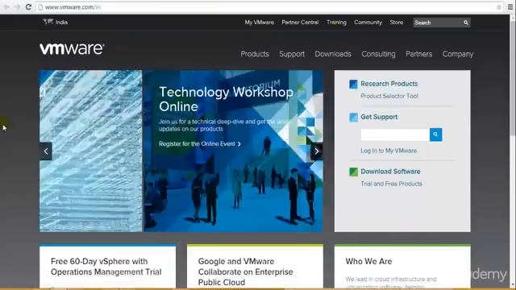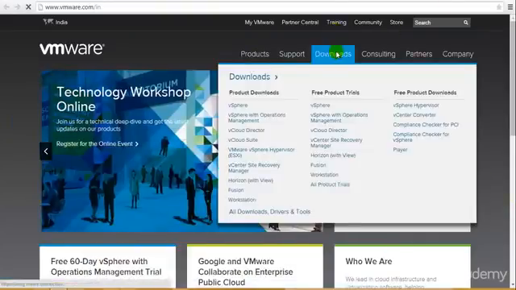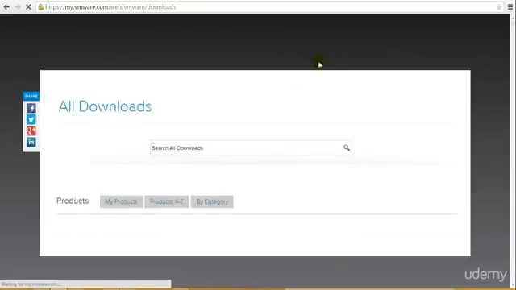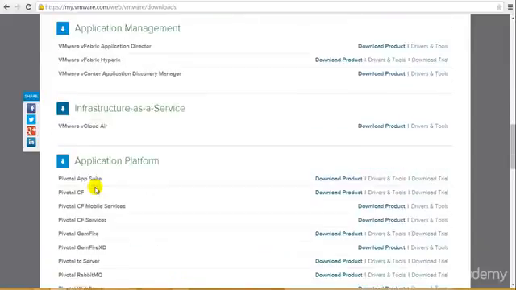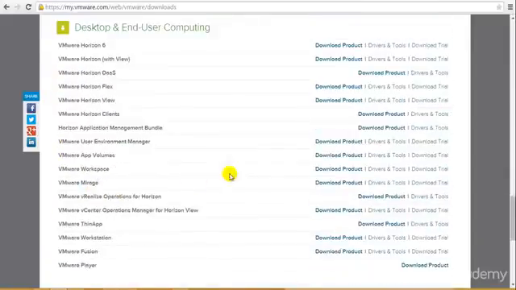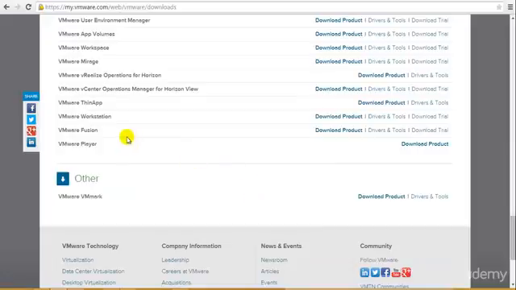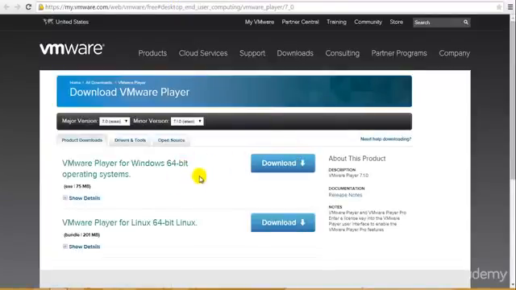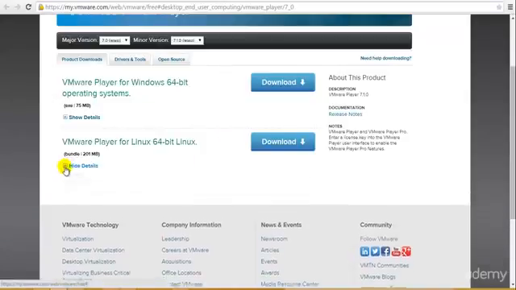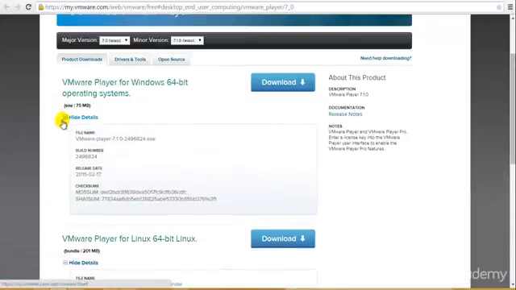So to come back, I'll just go ahead and show you over here. You can go to downloads. We have vSphere over here, but we would be needing VMware, so you can go ahead and check over here. Okay, here it is, VMware Player. Perfect. So I'll just go ahead and open that. So these are the two versions, one for Microsoft Windows and one for Linux, and these are 64-bit versions. If you want, you can go back and check, and you will find the normal 32-bit versions as well,